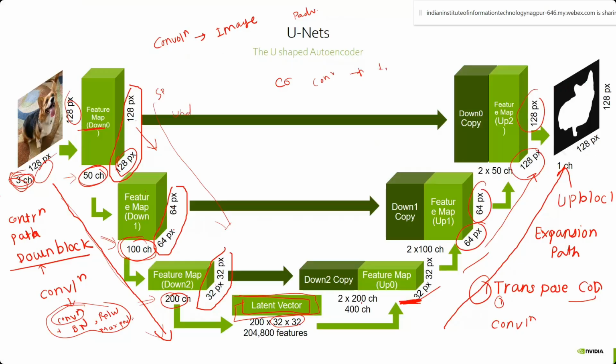But if you observe here, what about the number of channels? The number of channels is getting decreased in the upper block. So in the down block, you are decreasing the image dimension but increasing the number of channels. In the upper block, you are increasing the dimensions but decreasing the number of channels. Here, 200 channels were there, again here 100 channels, and again here 50 channels. So can anyone tell me what this part is? Anyone from you?